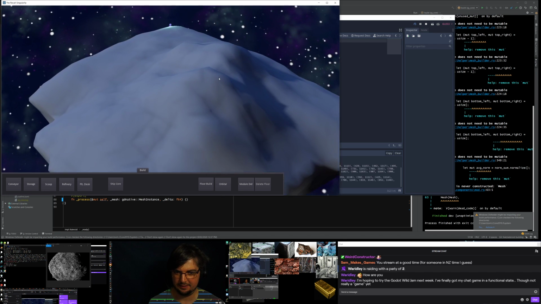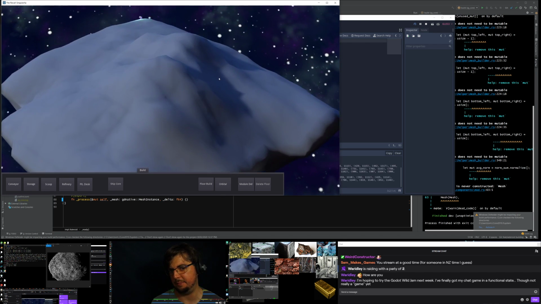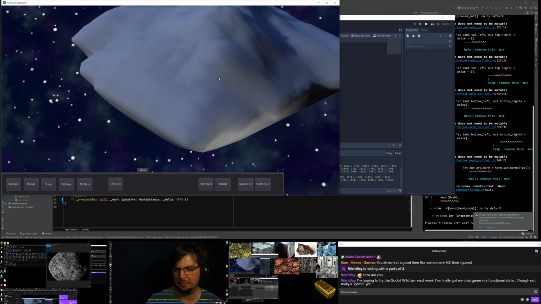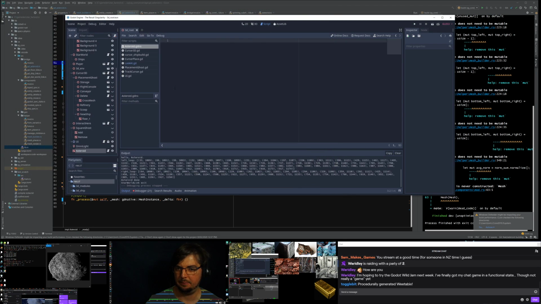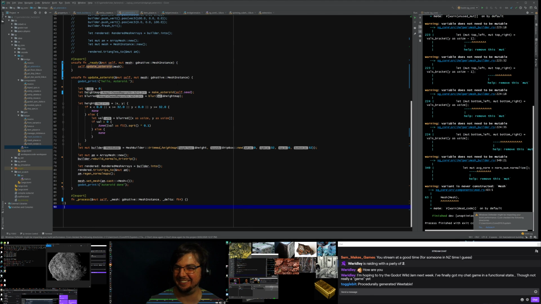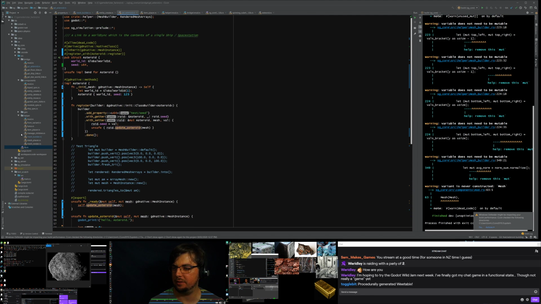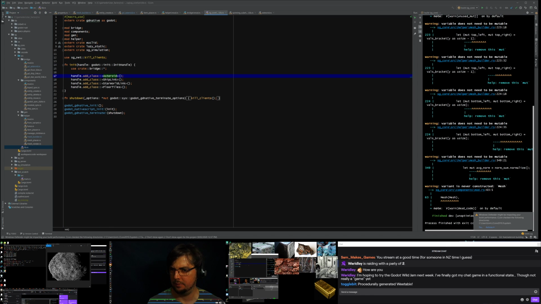oh yes. Okay, so I'm very happy that the mesh is showing up, because that means that my Rust code is still creating a mesh directly inside the mesh rather than creating a mesh to hold the mesh. That worked so well. Procedurally generated Weetabix. I love it. Since that works, I'm going to, with great confidence, go back to lib and change this to